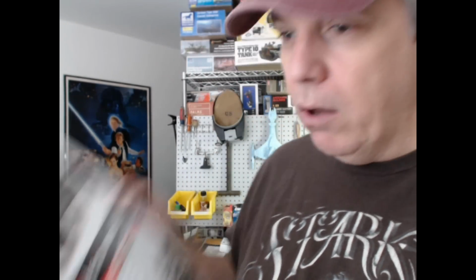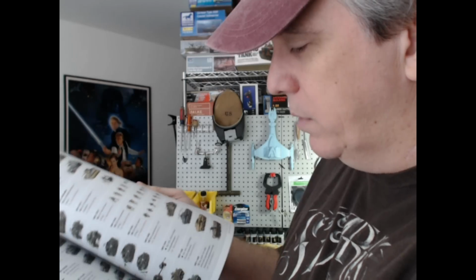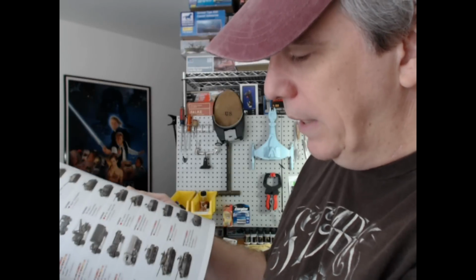All right, so here's their catalog. Very nice, very well printed. They do have a lot of stuff, obviously. This is a company who's serious about this. I mean, look at all. Oh my God. And a lot of, obviously, rail related, because 1/87 scale, if you're not familiar with it, is